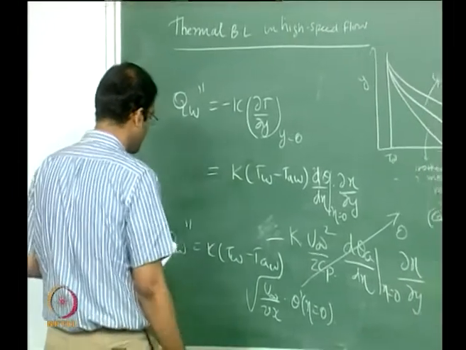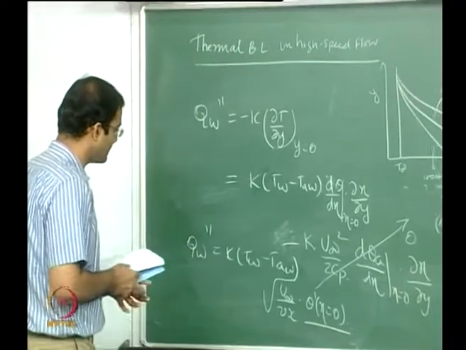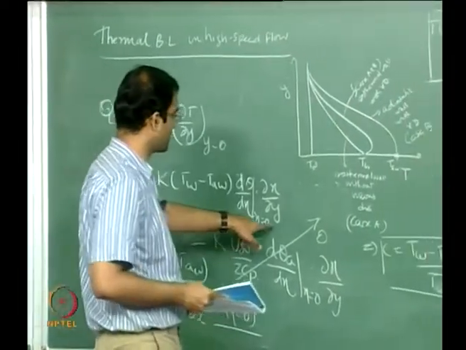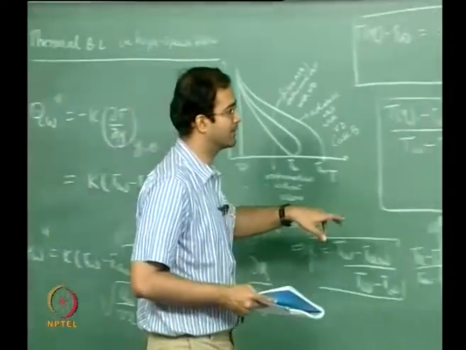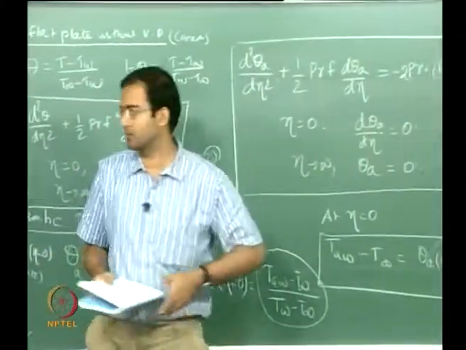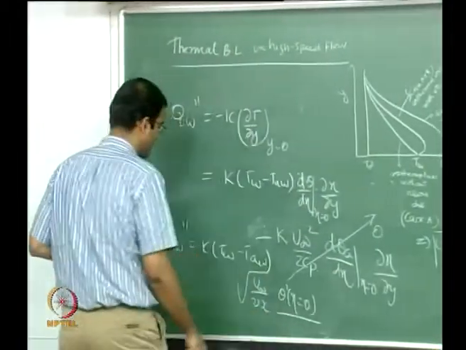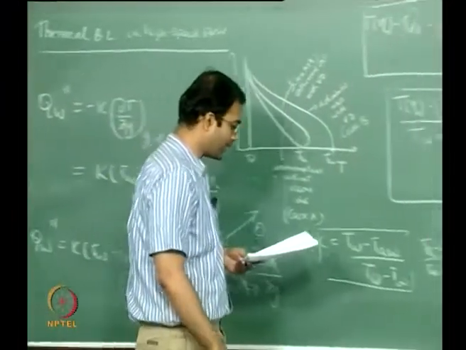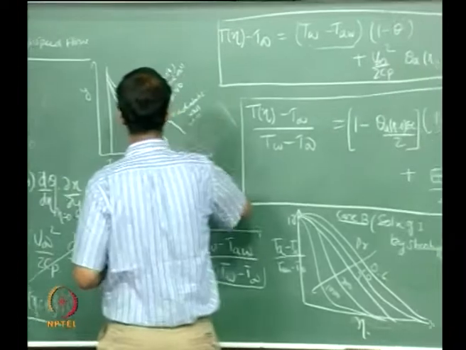Okay, now once you determine the value of theta prime at eta equal to 0, that is for the Pohlhausen's condition. This is coming from the Pohlhausen's case. So when you solve this, you naturally determine theta prime at eta equal to 0. So once you do that, you substitute it and this will give you the wall heat flux. Alright, so we have already done that. Okay, if you can perhaps recollect,